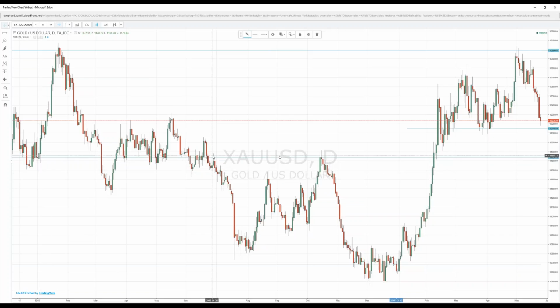So if the Fed does go ahead and raise interest rates in June, we could easily expect the gold prices to drop back eventually towards 1183. However, one other thing you want to remember when it comes to price of gold and US dollar is that